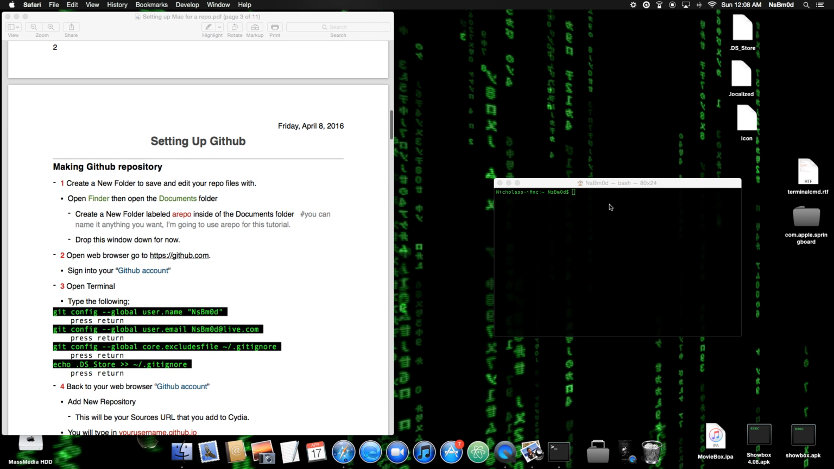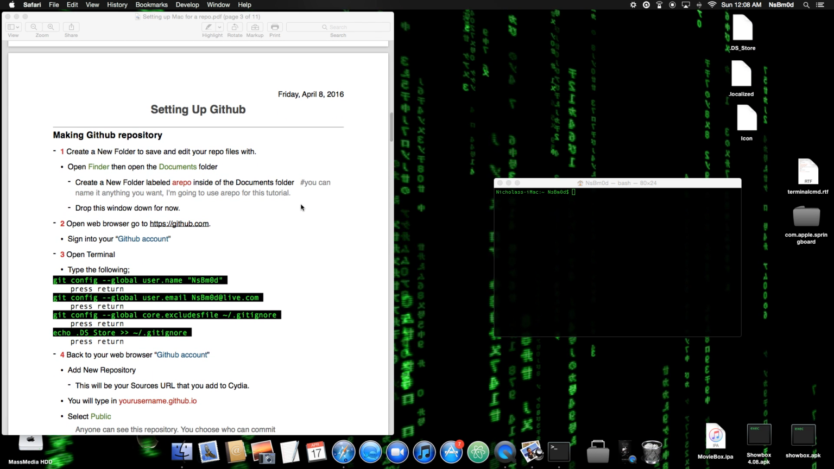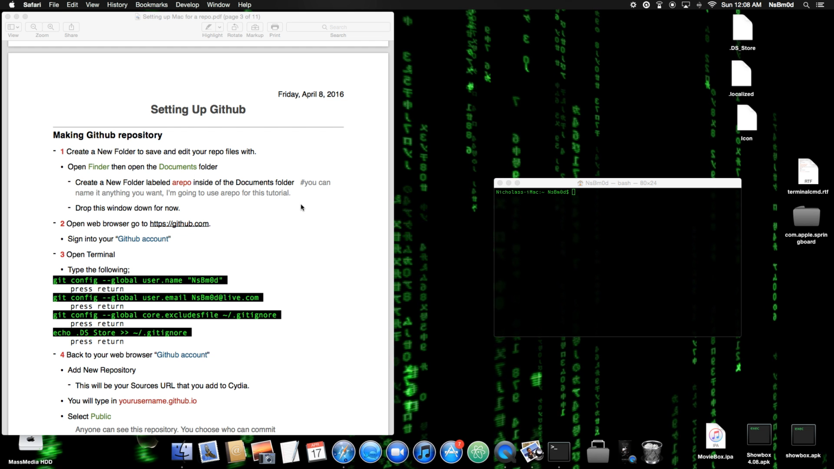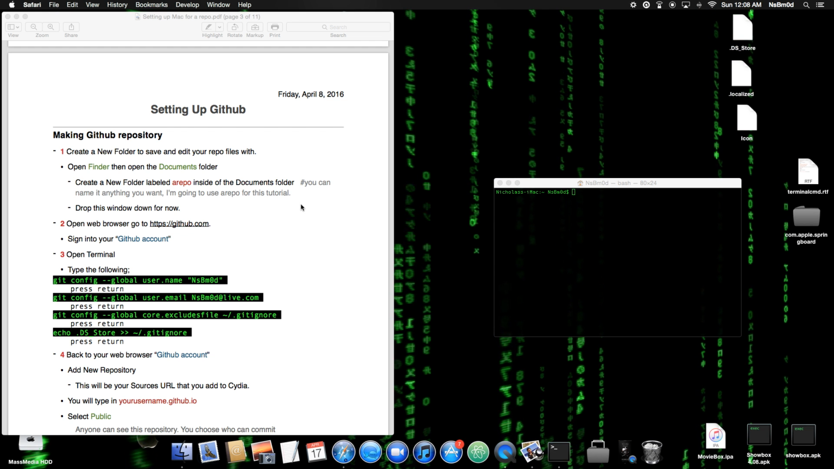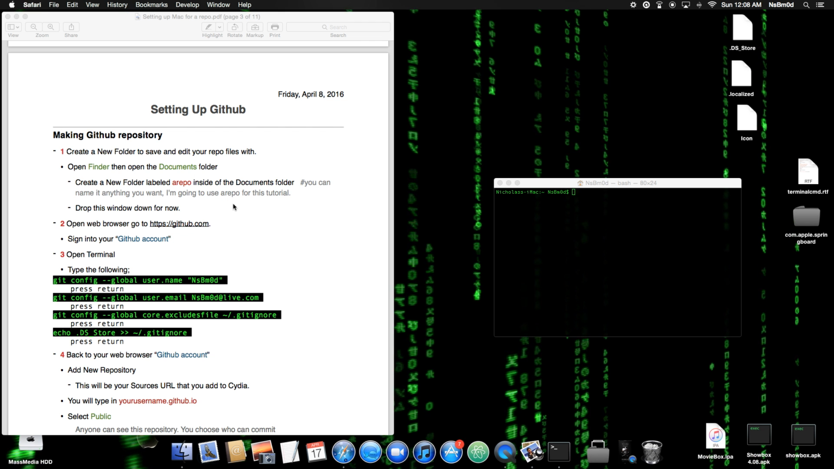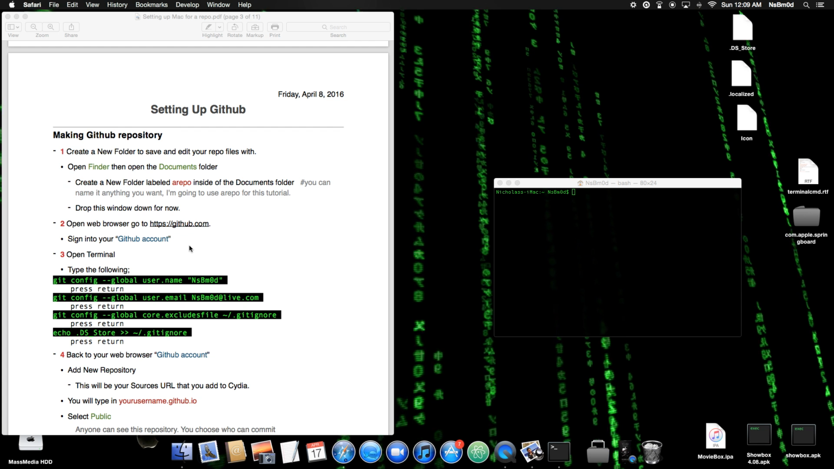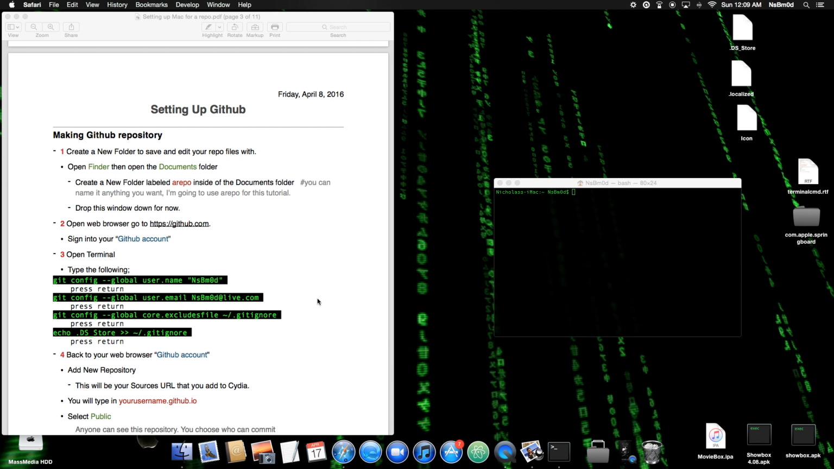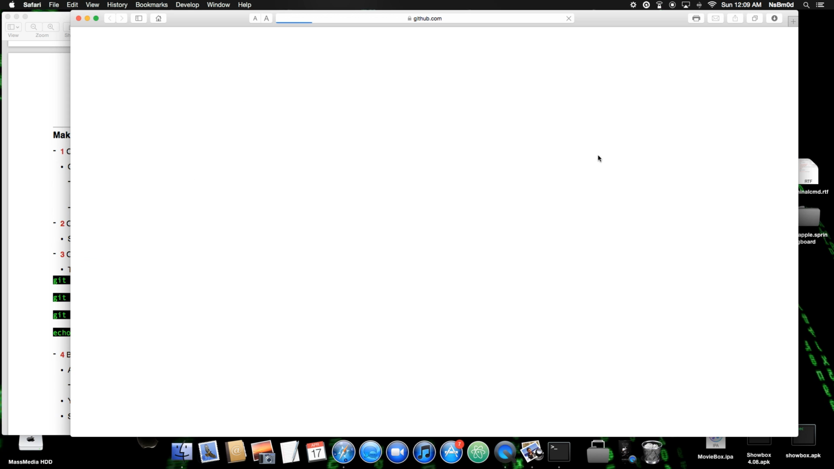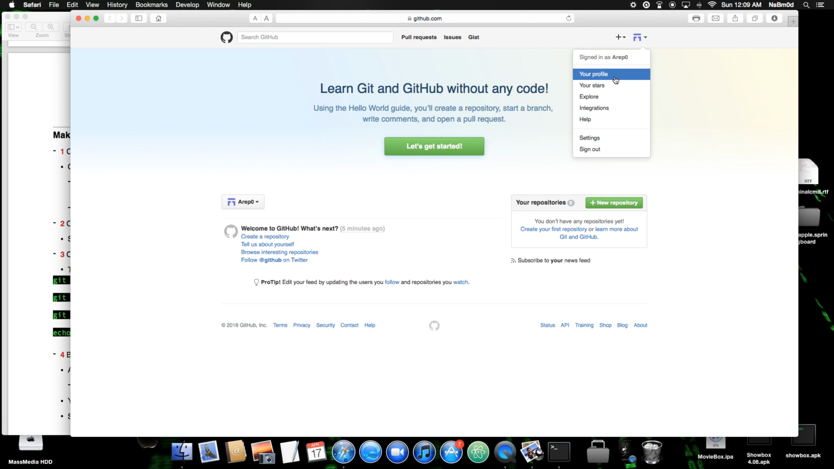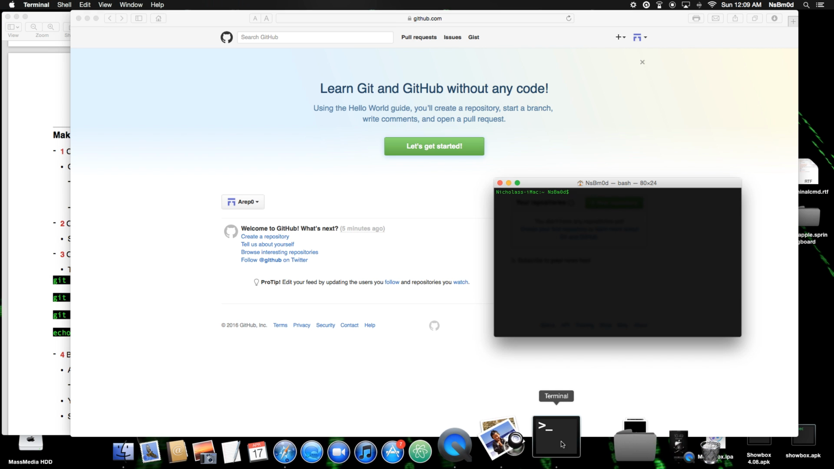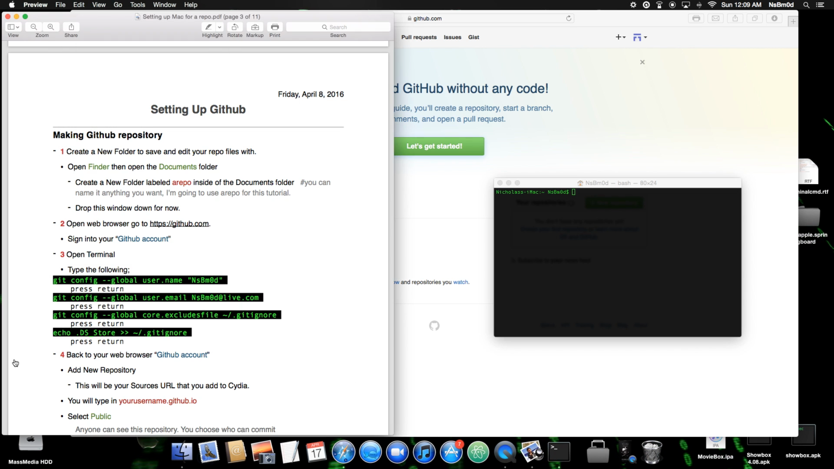And then, now that you have all the tools and command lines that you need, now it's time to start setting up the GitHub account to get it prepped up for your Cydia repository. So you'll want to go to your GitHub account, make sure you're signed in, and then you'll want to launch up your terminal. Then you're going to want to copy these in